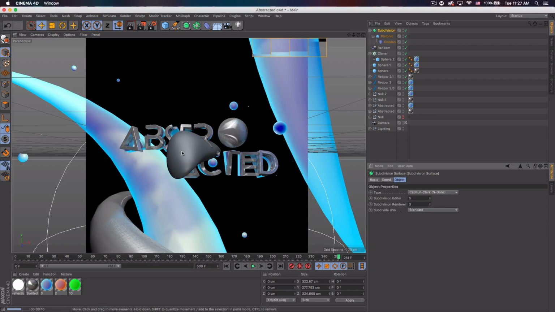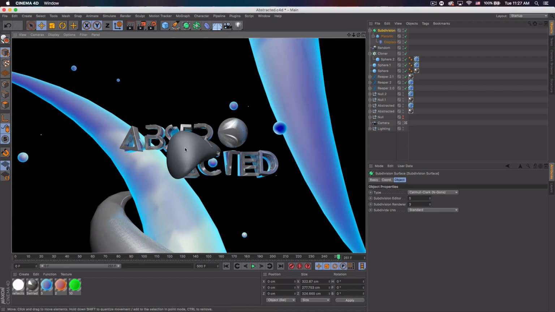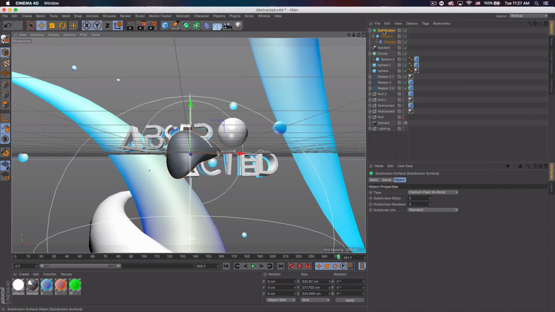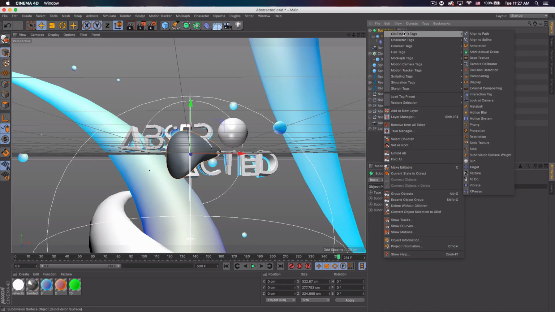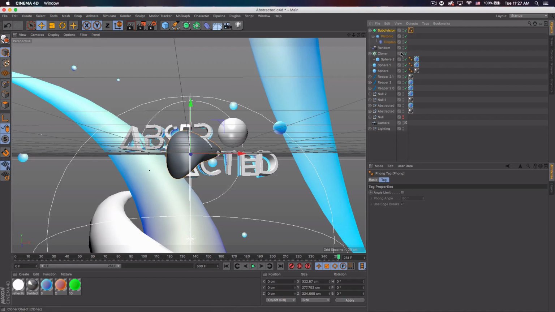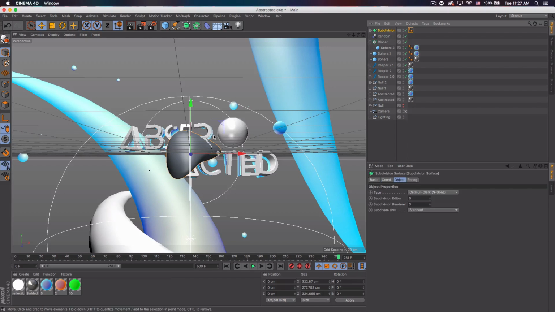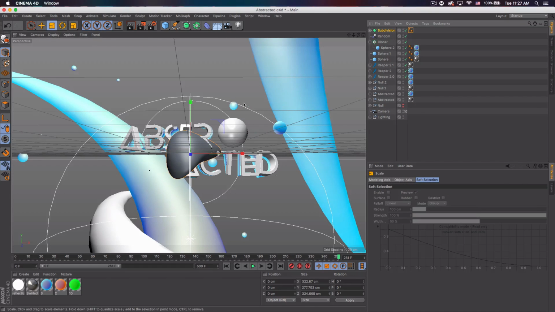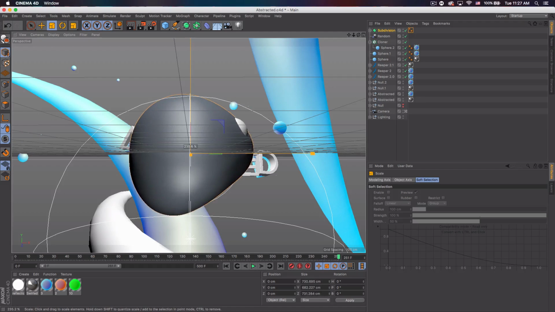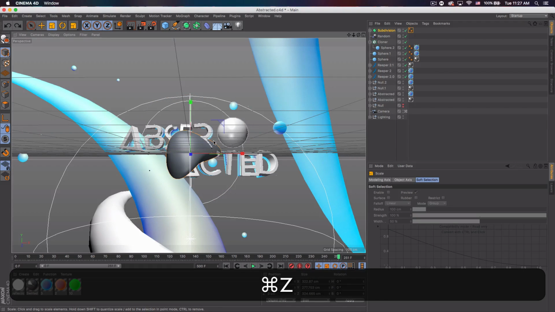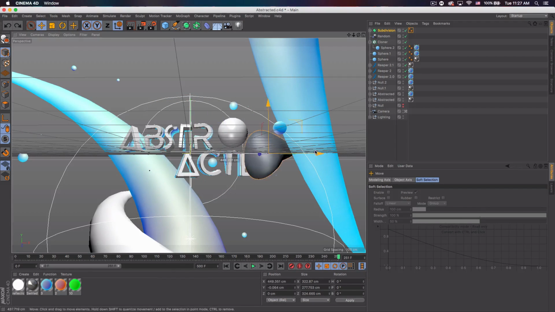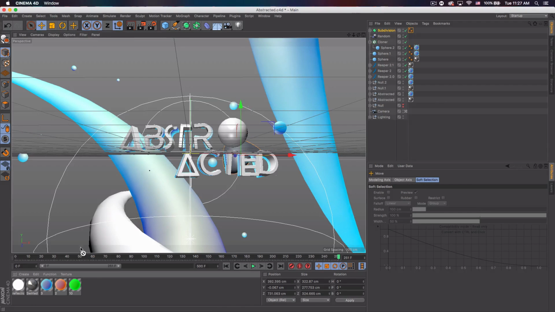So if it gets rough and you can see all the individual polygons, you can go to the subdivision, right click, C4D tags, and just get a Phong, and that will make sure it is smooth. And now we can just play with this, maybe change the size, you can bump it up, it will change its shape slightly, but I'll leave it there for now and maybe bring it back behind the text, add some color,